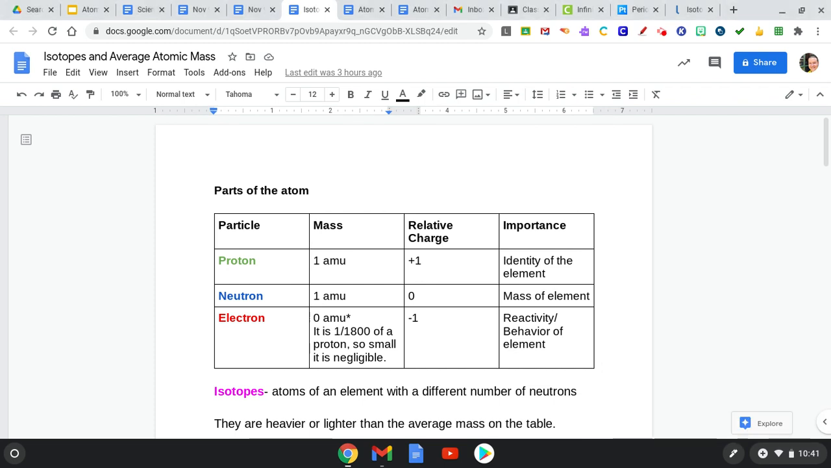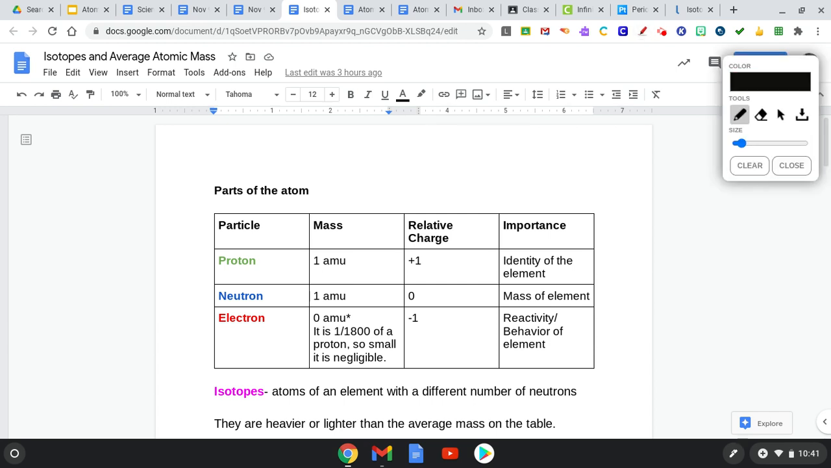Hi guys, this talk is about isotopes and average atomic mass. So before we get into that, I want to talk a little bit about the parts of the atom. Remember from previous lessons, we've talked about protons, neutrons, and electrons. Protons and neutrons are the particles that are in the nucleus, and your electrons are outside the nucleus